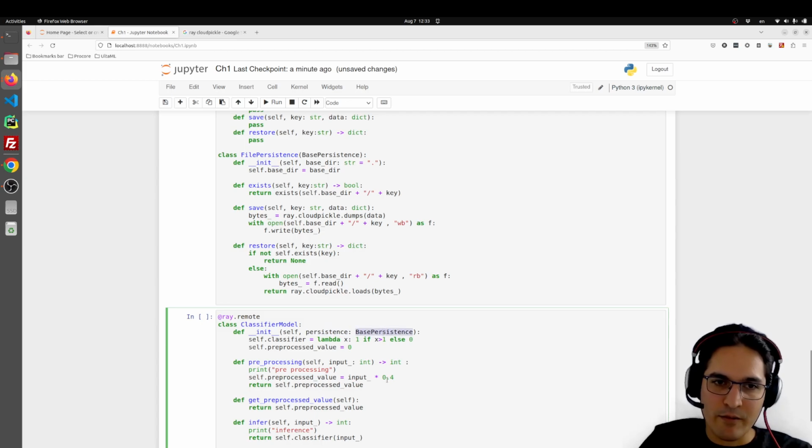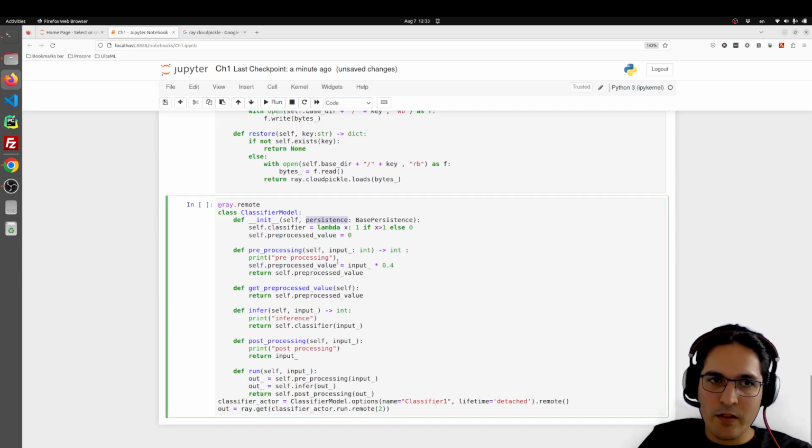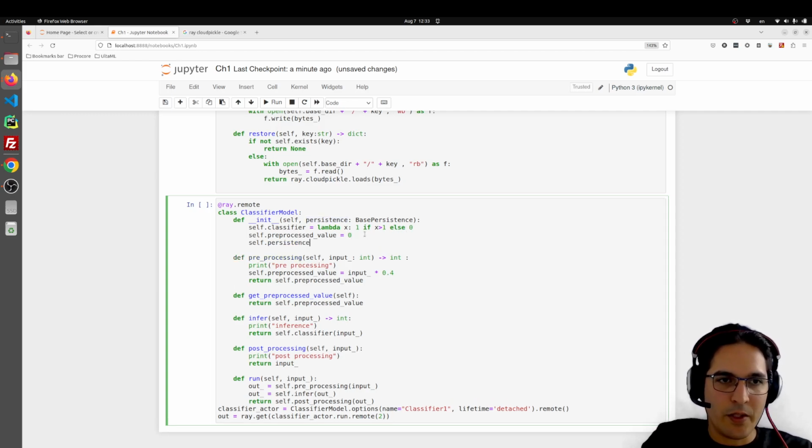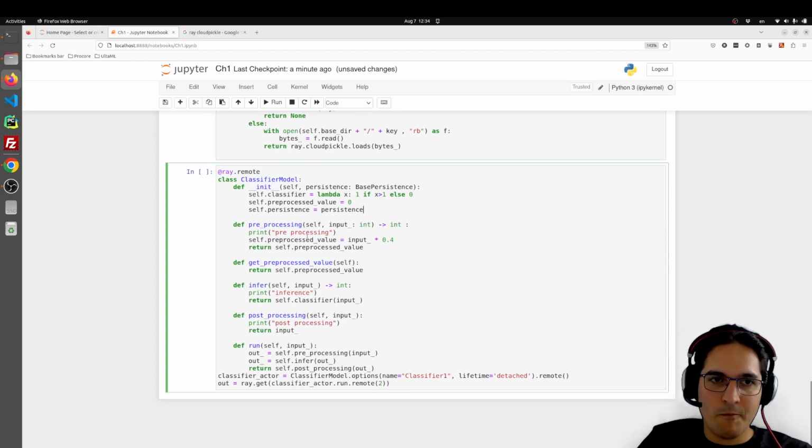I always recommend having types, because if I don't do this, how would people know what exactly to pass to this kind of class? So in the future, if you want to implement, for example, a SQL-based persistent or S3-based persistent, we are able to switch it. So the cool thing is that now I do self.persistent equals persistent, so every time I want to save something, for example, every time